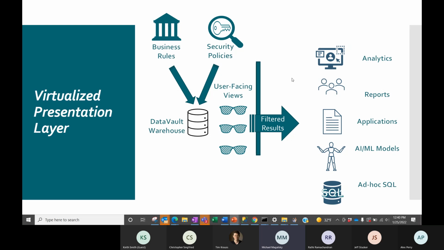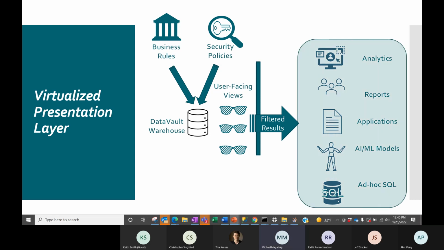So let's talk a little more about this idea of virtualized consumption of the data, and let's talk about what format it might be needed in. And this is where I want some input from you, the audience. What types of tools and what types of users do you have, and how would they prefer to consume data? Do they like star schemas? Do they just want one big flat table? Are they open to the idea of consuming hubs, satellites and links? Would they prefer third normal form, or do they just want the data to look like it did in the source systems? Talk to me a little bit about that. Anybody care to share how their users prefer to consume data? Then I'll share what I think